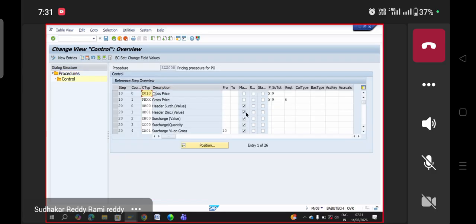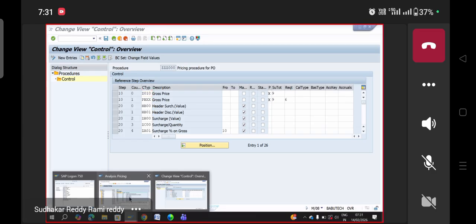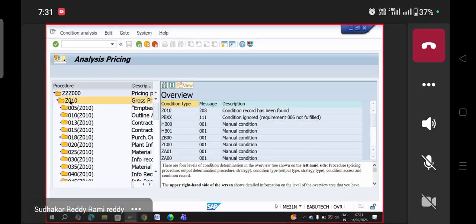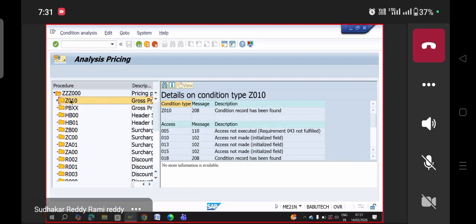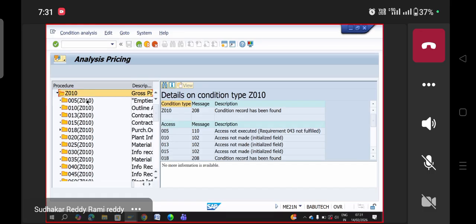See, in the pricing procedure, whatever pricing condition types are there, in that condition type, for which condition type access sequence is assigned, you can see access sequence assigned condition type arrow mark, and in this condition type access sequence Z010,